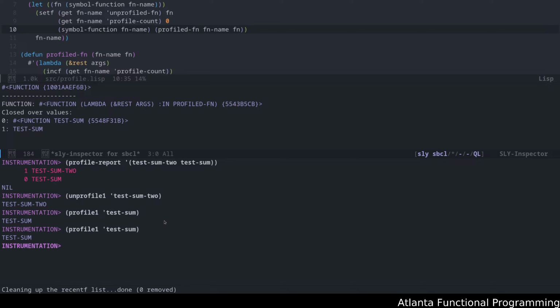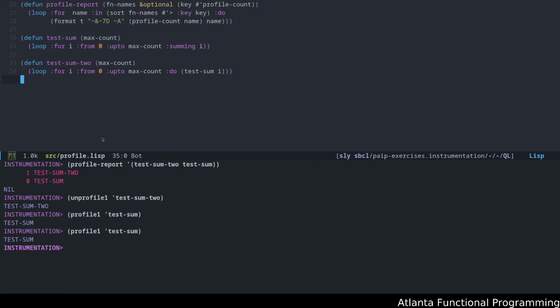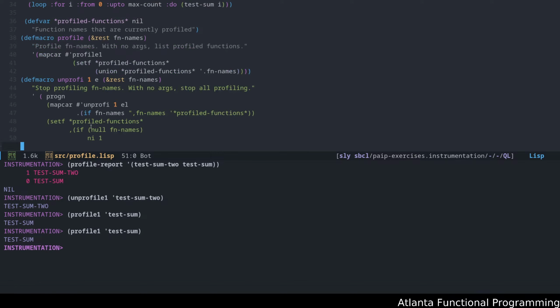Let me see if I can copy this over, and I'm going to reference it. Okay, let's see if I can get this in. Perfect. Nice.